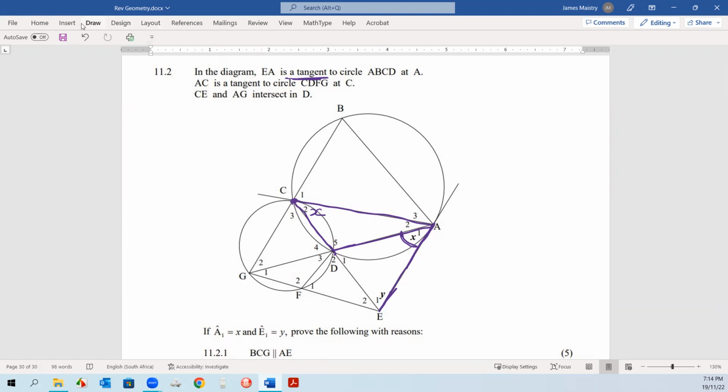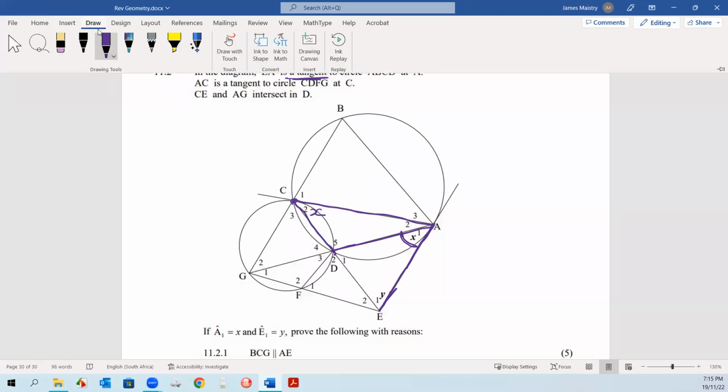So I'm trying to prove the converse. So I'm looking for alternate angles. If the alternate angles are equal, the lines have to be parallel. If the corresponding angles are equal, the lines have to be parallel. So